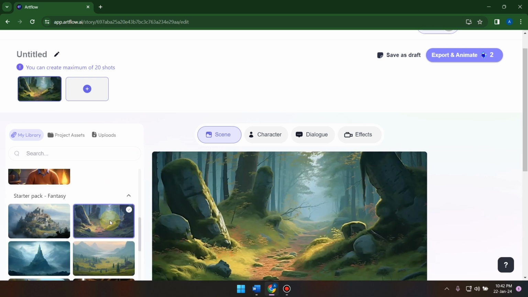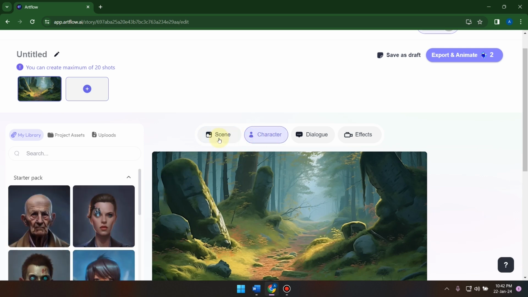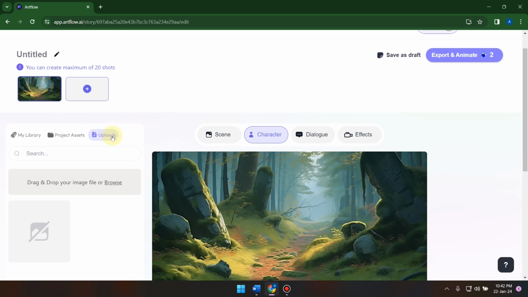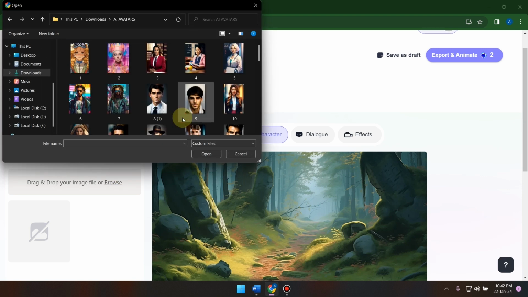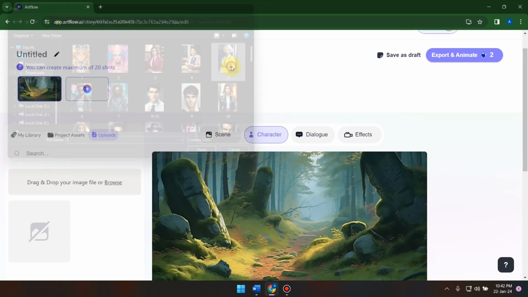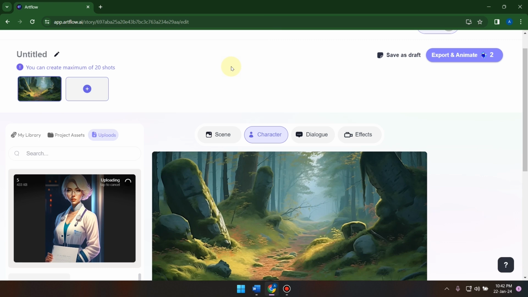After choosing the scene, click on character and go to uploads. To upload your own character, click on browse and choose any character from these. You can choose your own image. It's being uploaded in the dashboard. When the upload is complete,